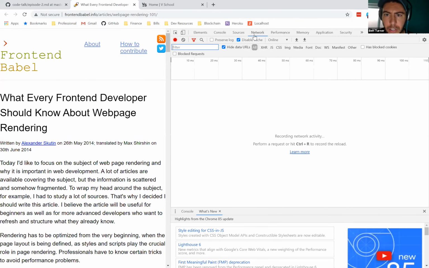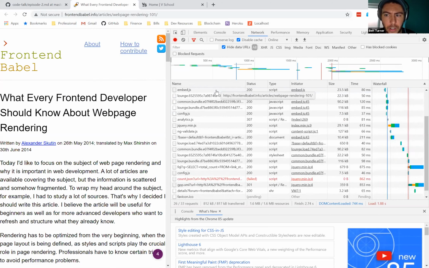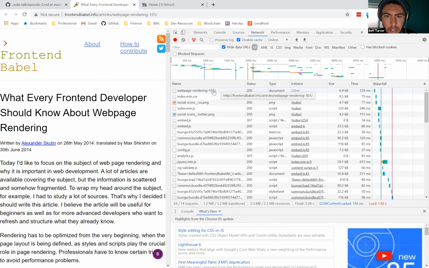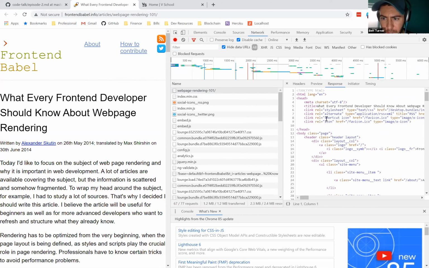So you just go to network and then you'll have to refresh to see the stuff. And then you click on the actual request. I'm going to click on the document type. It's the very first one. And then you'll see this up here. And this just contains the headers and the payload that we sent to the server. Thank you. Yep. So, all right, this is the HTML that we've received.